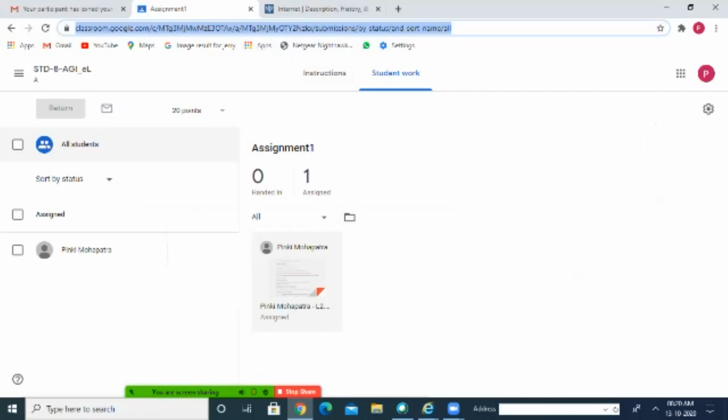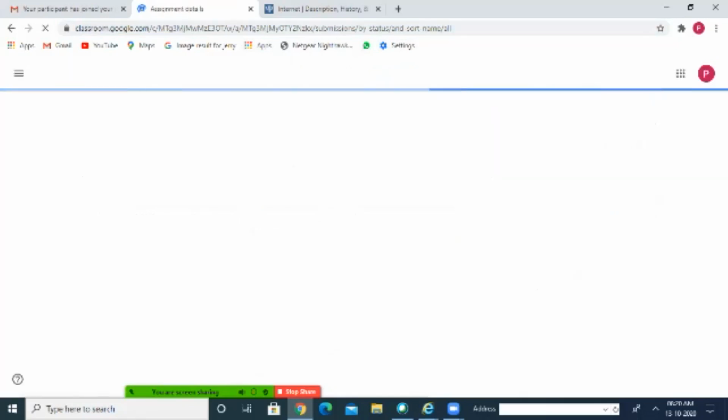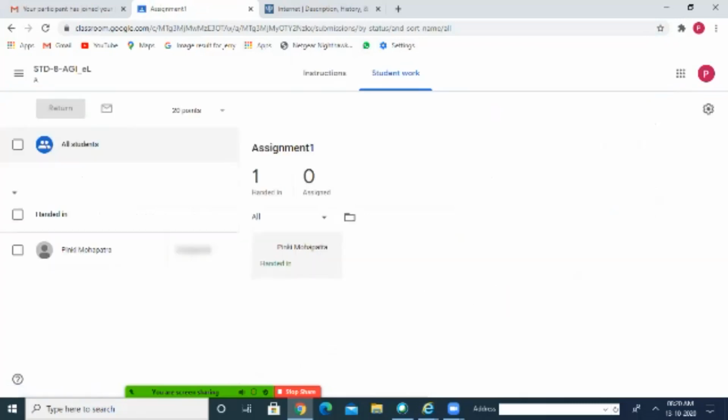Let it refresh. Now it is showing 100 in. Why is it showing assignment 0? Because the person to whom I had assigned the assignment has already handed it over to me. So that is why it is showing 0. If there are 15 students and one has handed in, it will show you 14. So no doubts on this. I had assigned it for one student, so here it is now showing 0.